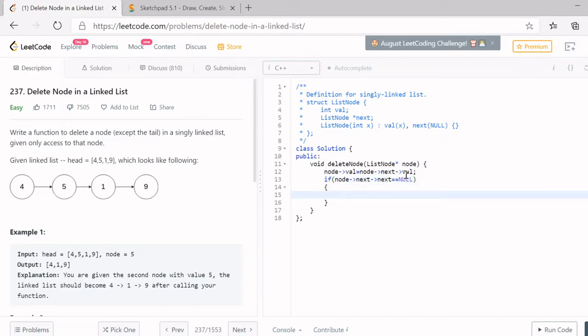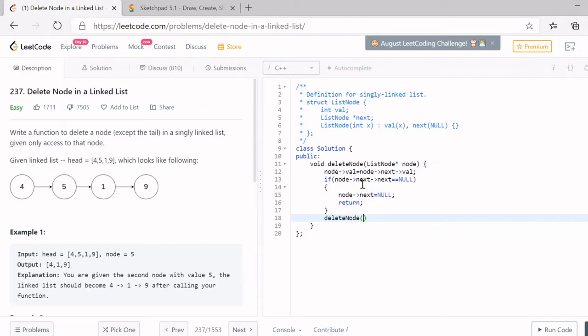So if it is the second last node, we'll just point it to null and return. And if it's not, we'll just recursively call our function and be done by it.